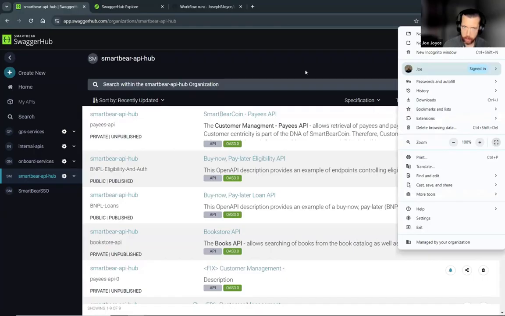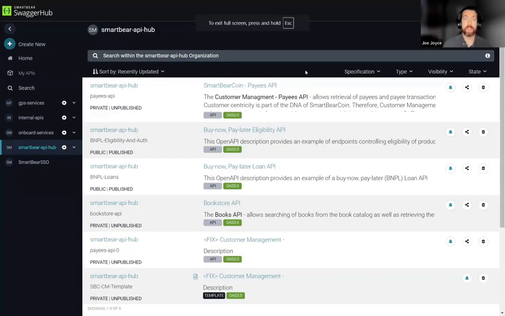So any of you who are existing SwaggerHub users, or have been using SwaggerHub for a while, will know, or you probably will have heard from me or other members of the team, or from your account manager, or from SmartBear material, about the design first process, which is the workflow that we see SwaggerHub fitting best into. It's not the only workflow, but there's a lot of efficiencies that you can get using SwaggerHub in an API